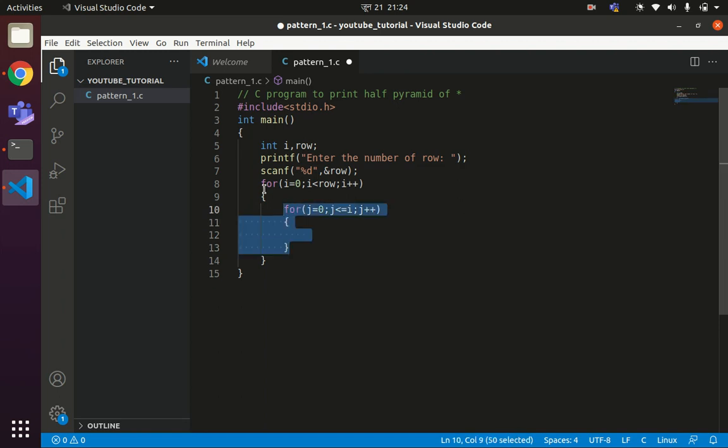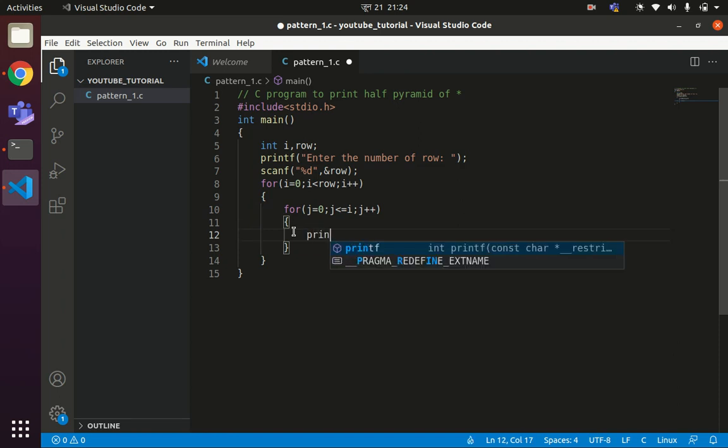For the value of i equals to 0, how many times will the loop run? j equals to 0, and 0 is less than or equals to 0 is true, right? So one time this loop will be executed, and the value of j will be incremented. When the value of j becomes 1, 1 is less than or equals to 0 will be false. So for i equals to 0, the loop will be executed 1 time.